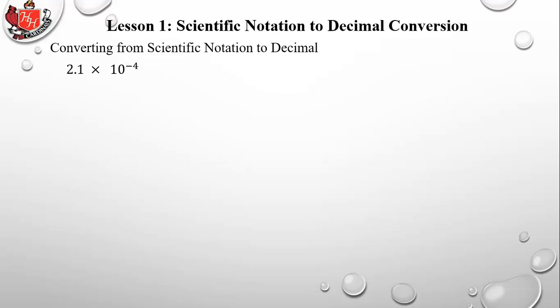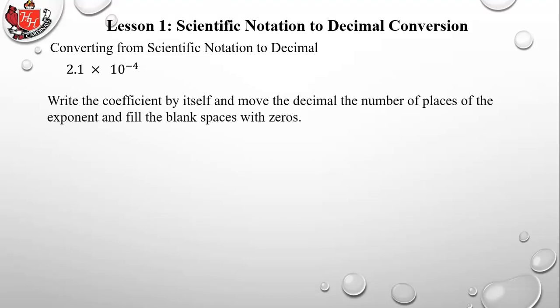How about this one? Write the coefficient by itself. There's the 2.1. Now you see it's a negative 4. That means it's going to be a number less than 1. So to make 2.1 a number less than 1, you would have to move the decimal to the left. And you do it 4 places. So your answer is